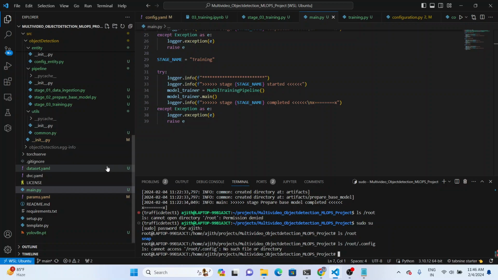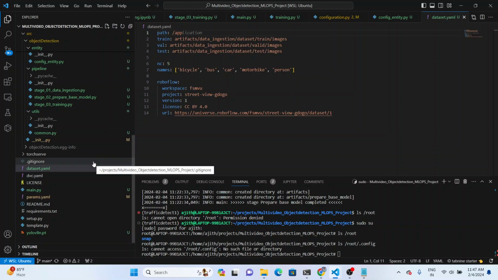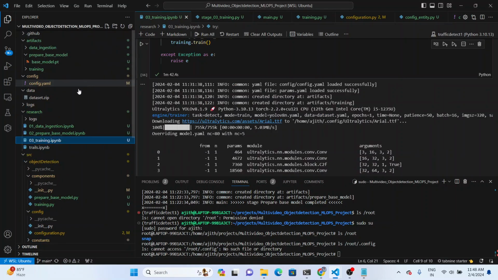After this, no need to run it because it will take some time to run. And then I'm replacing this path also to app, because inside the Docker we are going to have app only. So now let's get inside the evaluation stage. In the evaluation stage,